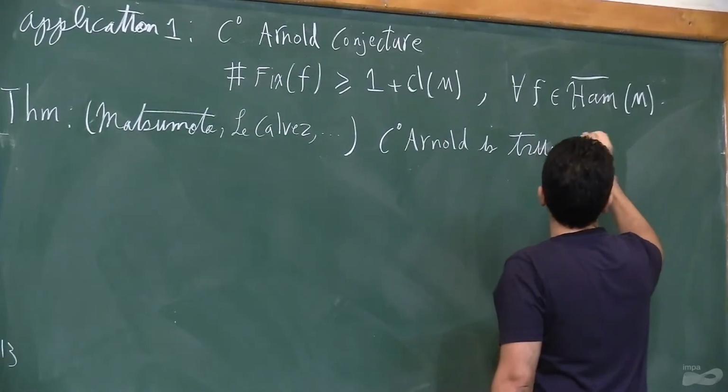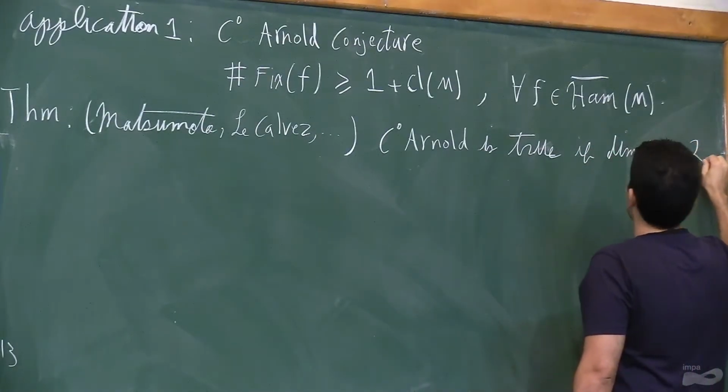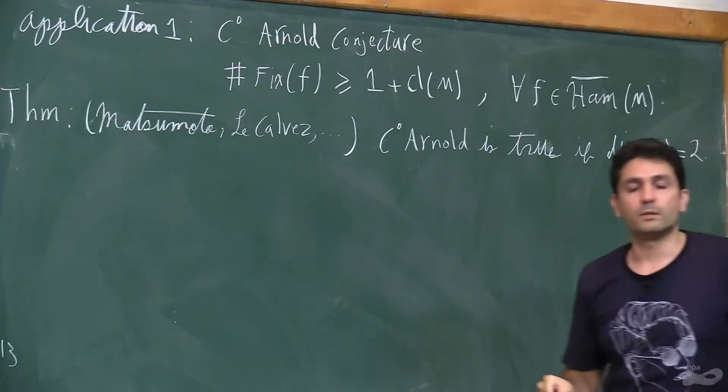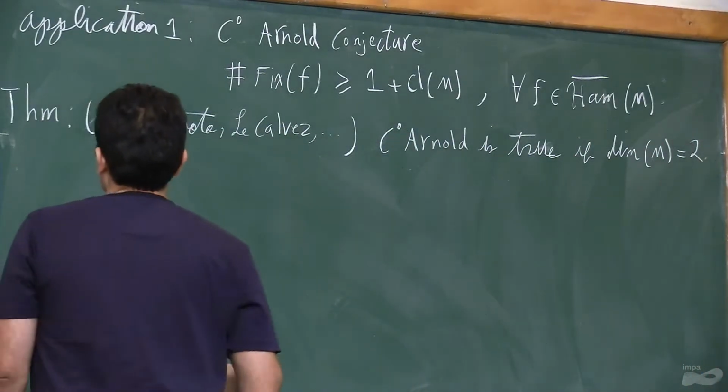If the dimension of M equals 2, the number is 1 plus cup length, which is 2 for the sphere and 3 for the other surfaces. Okay? Now,